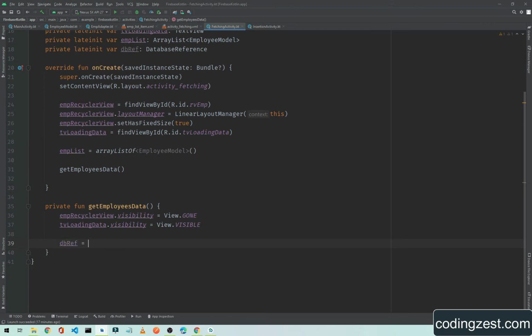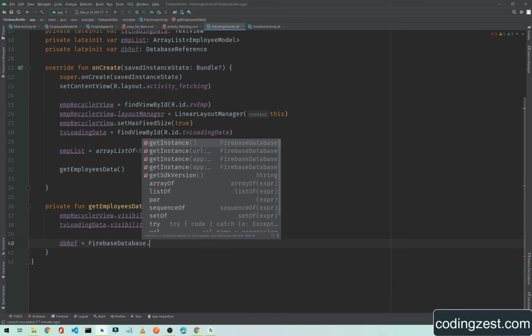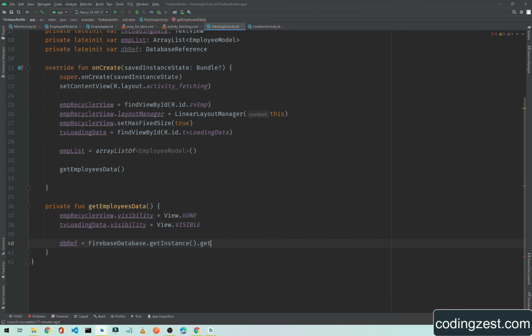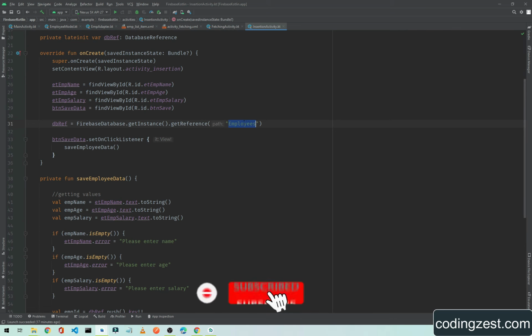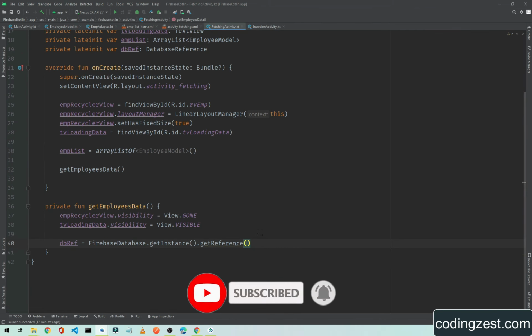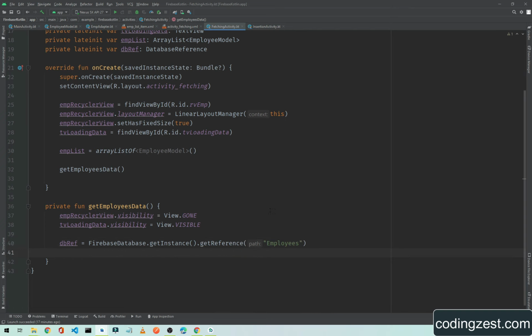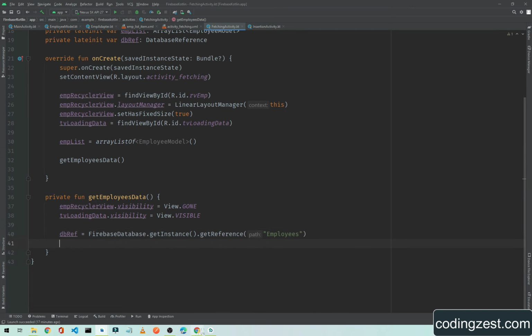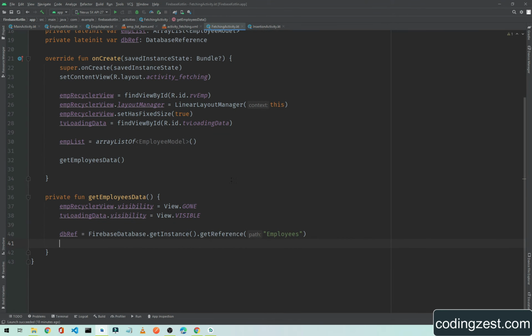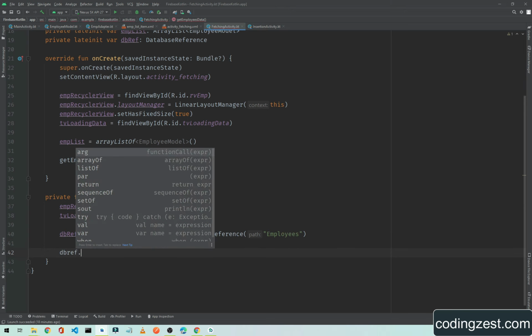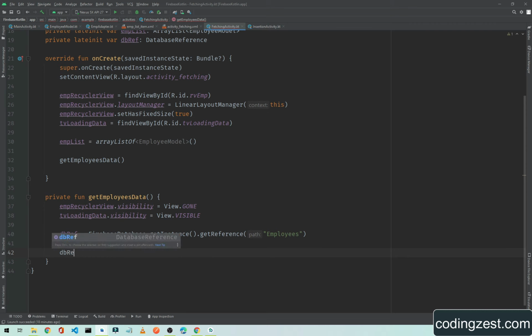dbReference is equal to FirebaseDatabase.getInstance().getReference, and we will pass this reference. Okay, as I told you in the previous video, we need to pass this reference, and I will paste it here. Okay, so now we are referencing this database. Okay, so now I need to get the data, dbReference, capital R, dot